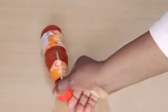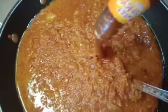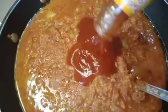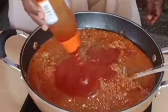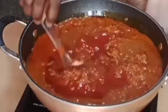So next I will be adding this tomato sauce. So over here is 1 bottle of it. I will just pour it inside the stew. Over here I will just add every bit of it down there, and then I will give that a very